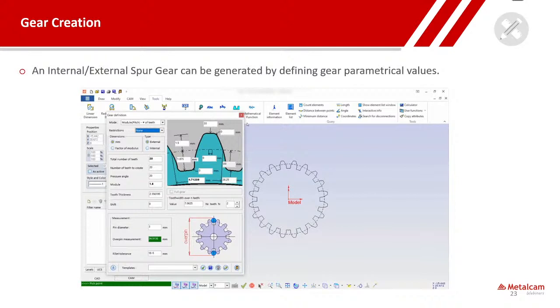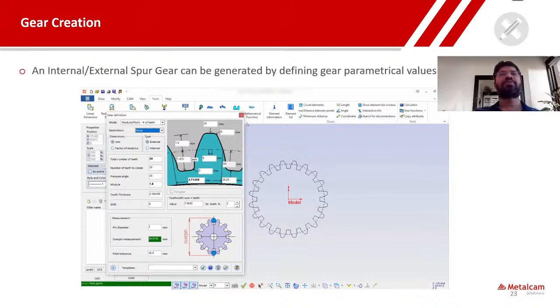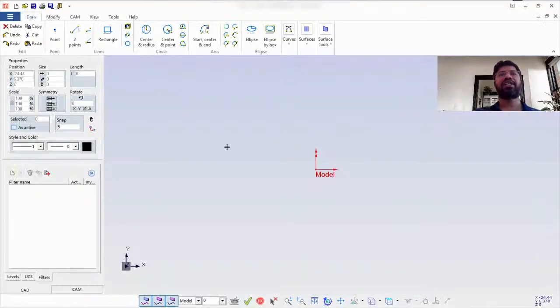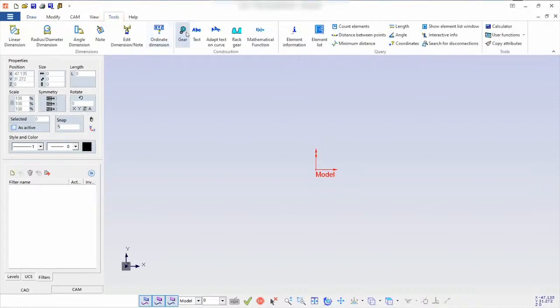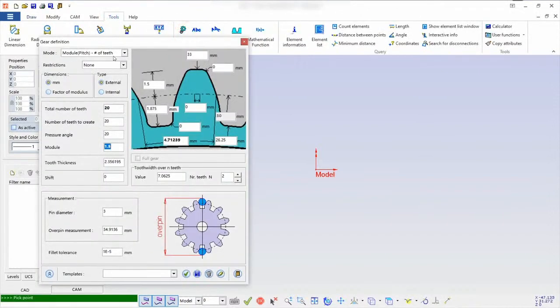Next, let us see about the gear module. There is a module in Fikus called the gear module where you can input the gear data and create a simple spur gear. So let us now see how we can create a simple spur gear using this gear module. For this gear module, you can go to tools and select the gear tool. A gear window opens where you can select gear modules according to pitch, number of teeth, and here you can select the